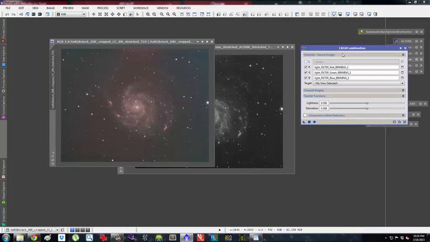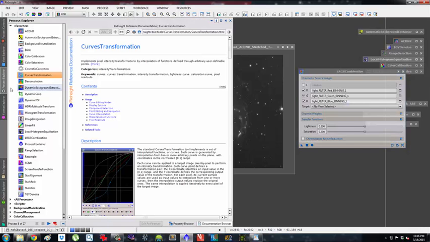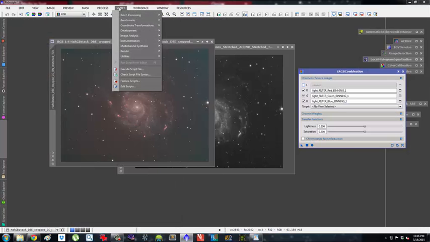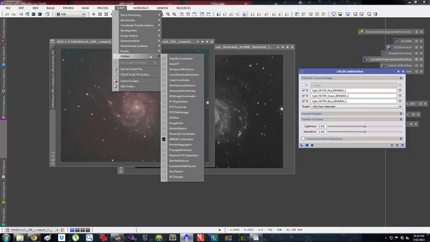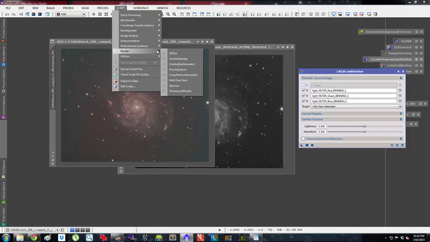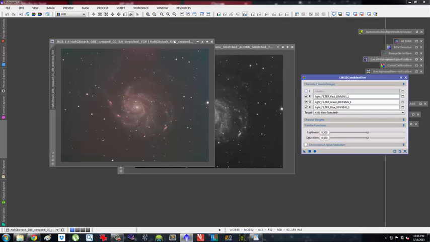There's actually two ways to do this. There's LRGB combination, and then there's another script that does it. Where is that other script called? I can't remember the name right now. I don't remember what that other script is because I use the LRGB combination. But anyway, you say, okay,